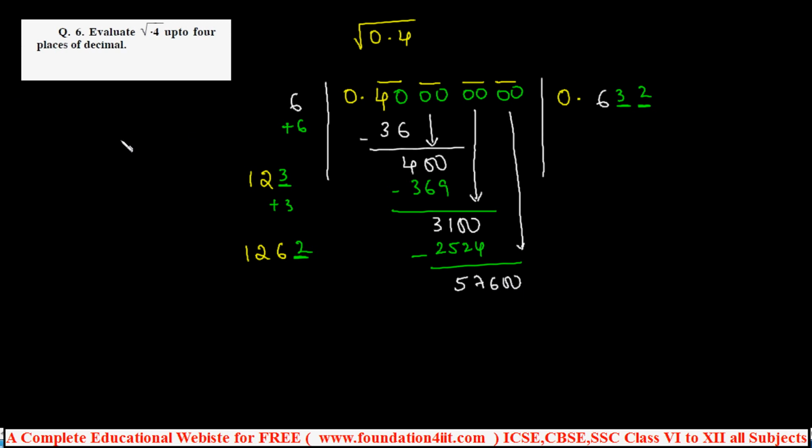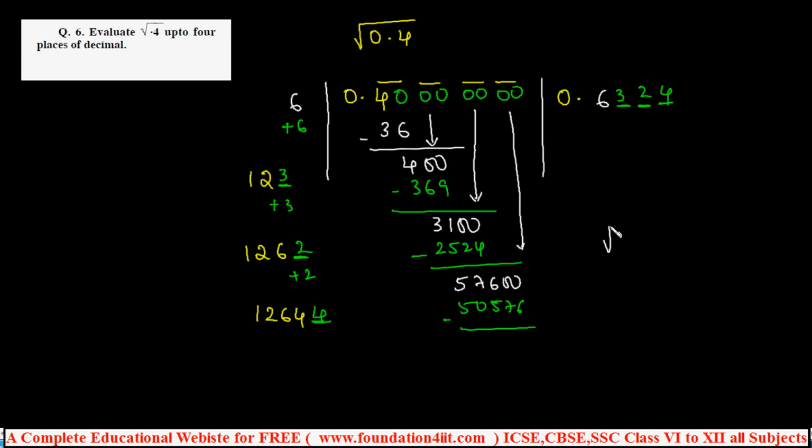Now what is our process? Whatever is in the units place, one more of the same number should be added. Then if you add, that becomes 1264. But the next place should be the same in both. That means 12,641 into 1, 12,642 into 2, 12,643 into 3, 12,644 into 4 will be less than 50,576, because 12,645 into 5 is more than this. That's it, and we need not subtract because we already got up to 4 decimal places.